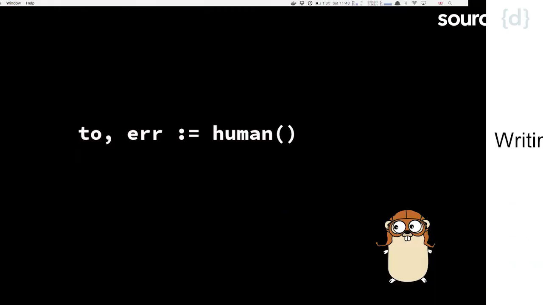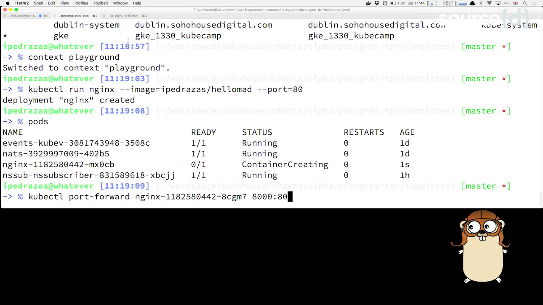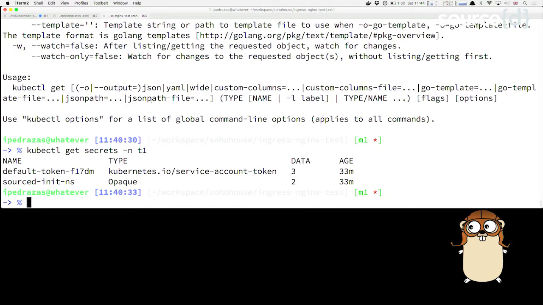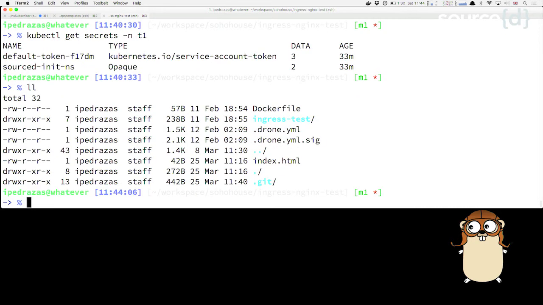The example that we saw before about the website, we're going to do it now the way that we do it at Soho House, for example. So in Soho House, we use Drone as our CI.